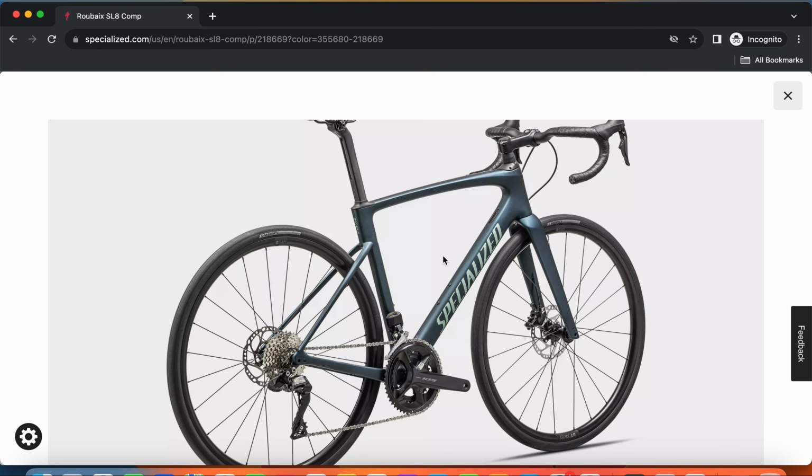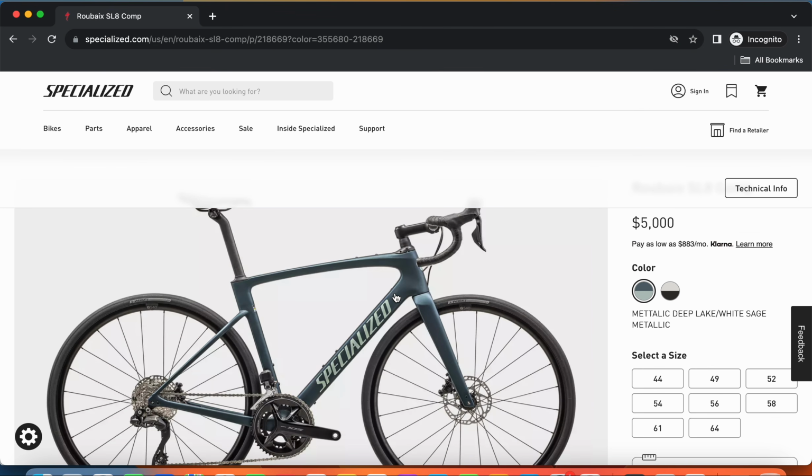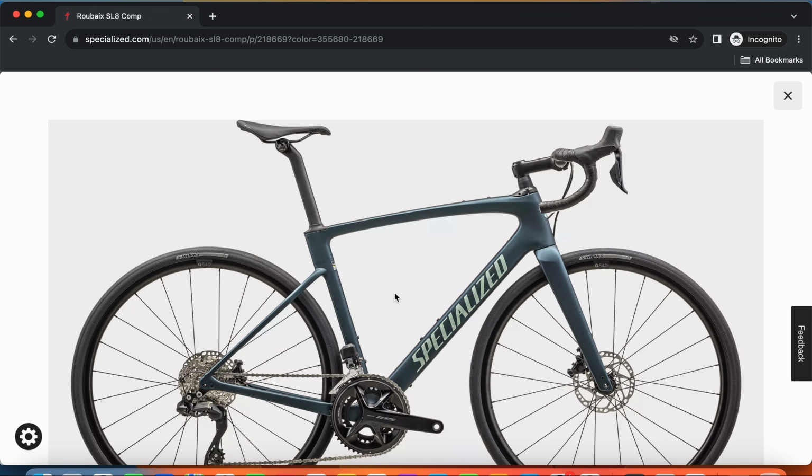When it comes to the total weight of this bike, in size 56, this bike is going to be 9 kilograms. When you add pedals on top of it, we can call it about 9.3 kilograms all in, ready to ride, which is perfectly fine in my book, because all these endurance road bikes are definitely closer to 9 kilograms. And if you really want to drop the weight of this bike, you can always upgrade the wheel set to something much lighter and easily save half a kilogram just on the good pair of wheels. So all in, when you consider the retail price of this bike is